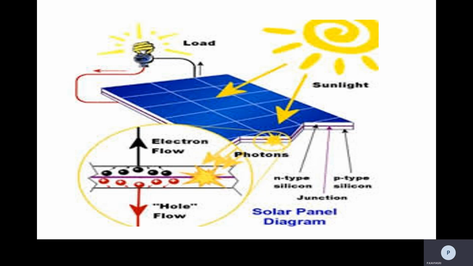So here we have a solar panel, right? It has layers: a p-type layer, an n-type layer, and a depletion region. The layer exposed to the sun should be very thin. I repeat again, the layer exposed to the sun should be very thin, and the layer at the back side, which is not exposed to the sun, should be thick in size. In between the thick layer and the thin layer we have a depletion region.